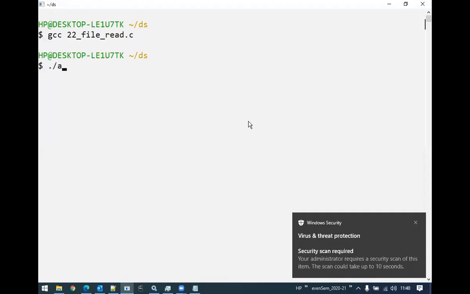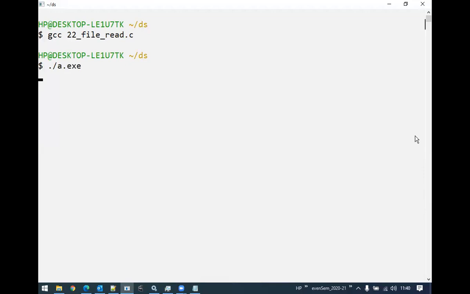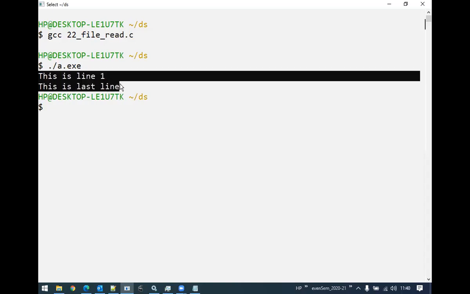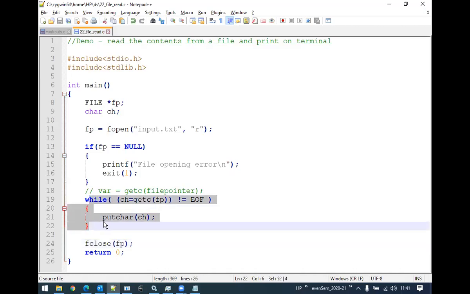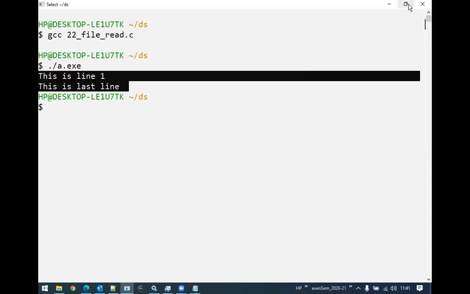Let's execute. Now, can you see the output here? This is line 1. This is last line. From where is this content being printed? Actually, it is being printed from this particular while loop.